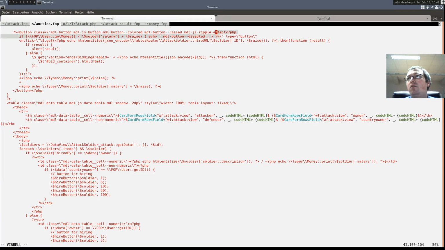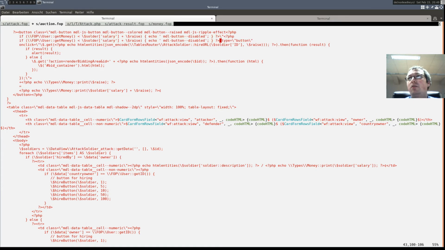And also we have to render the disabled flag in HTML. So if I bid too much, then the button will be disabled.